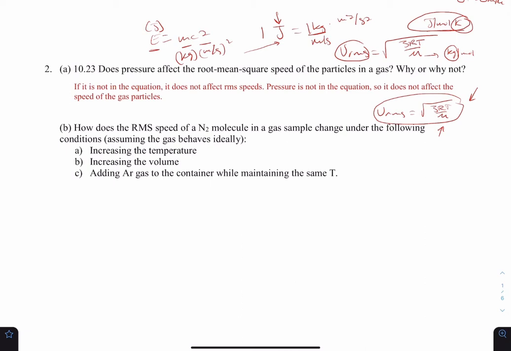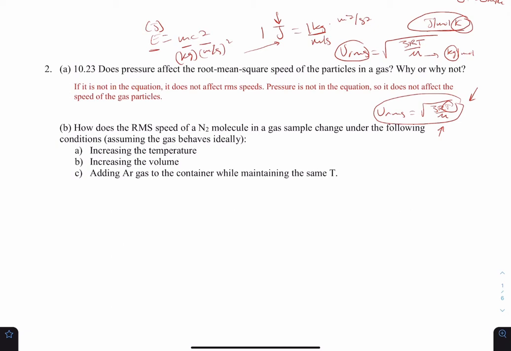Okay, part B says, how does the RMS speed of an N2 molecule in a gas sample change under the following conditions, assuming the gas behaves ideally? Now, we talked about temperature here. Temperature is in the equation, right? It's here. In fact, it's largely determining the RMS speed more than almost any of the other variables, because the